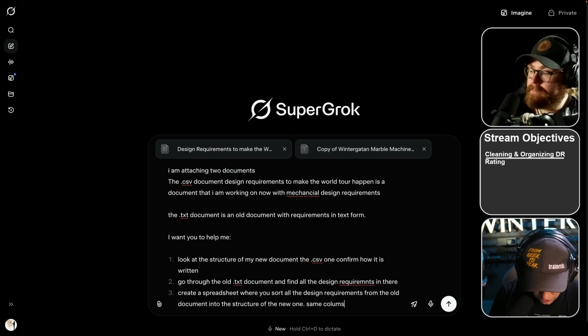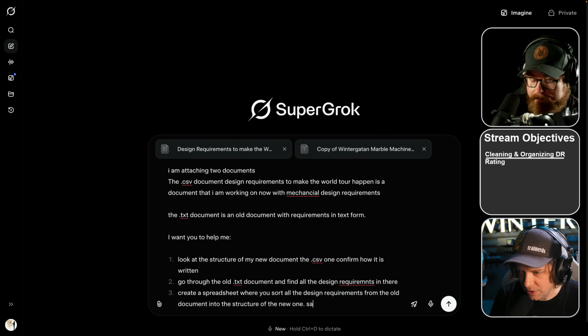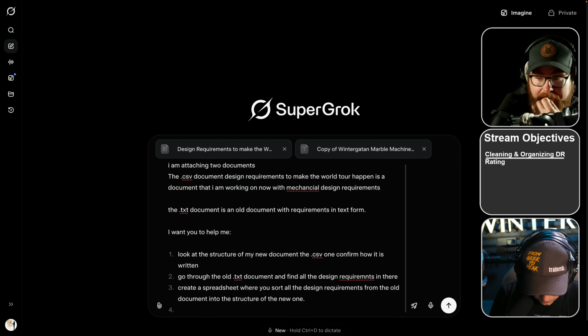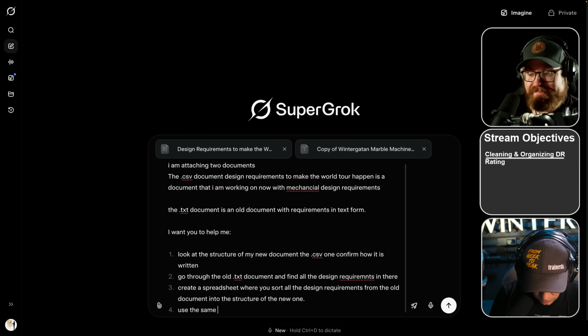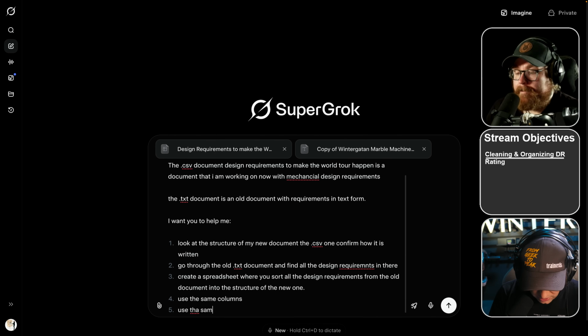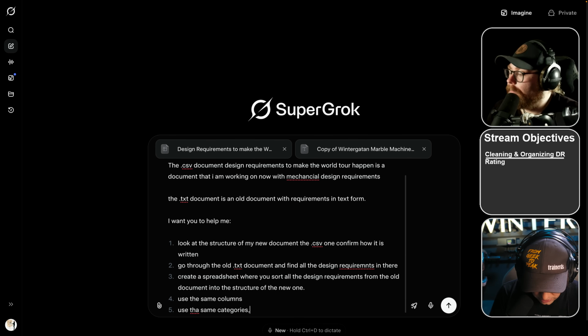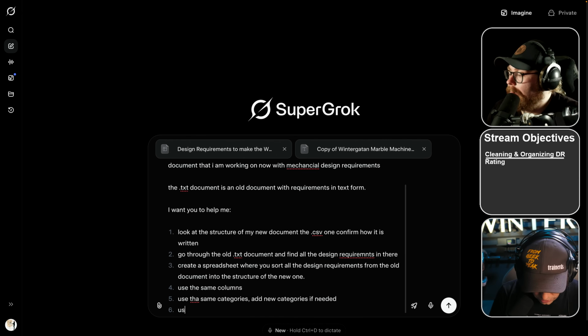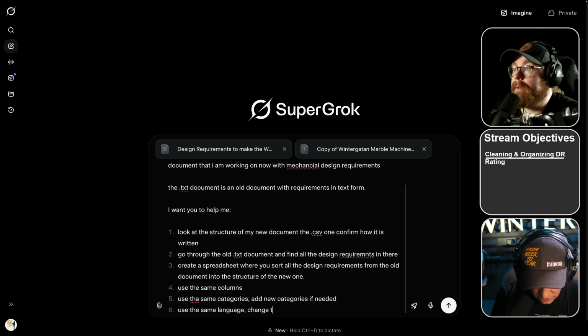Same columns. Use the same columns, use the same categories, add new categories if needed, use the same language, change the requirements that start with I want,